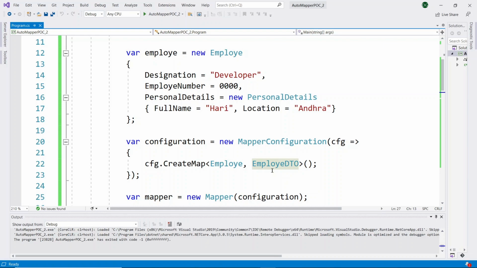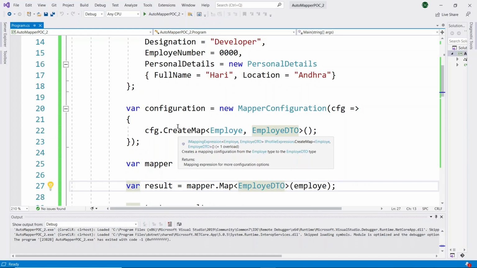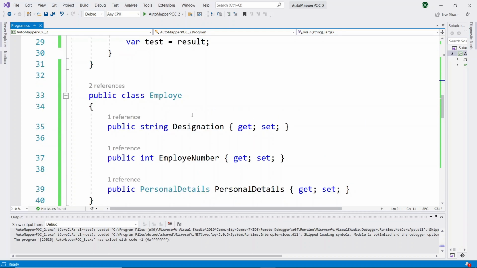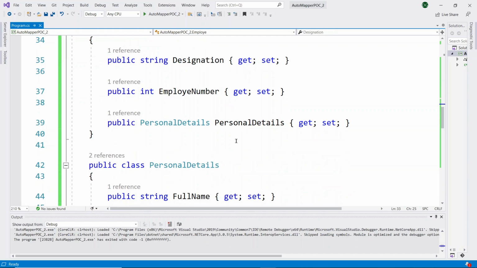Now I will show the code for complex mapping. The main step we have to follow is to map the complex type properties before the classes. For example, in the Employee class, we have a complex type property, PersonalDetails.